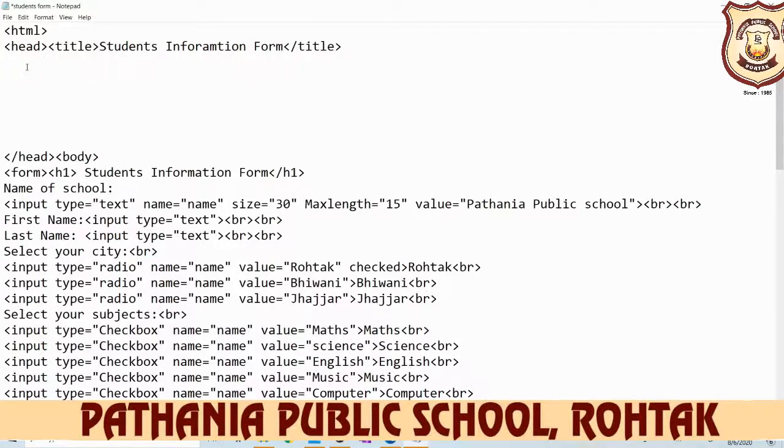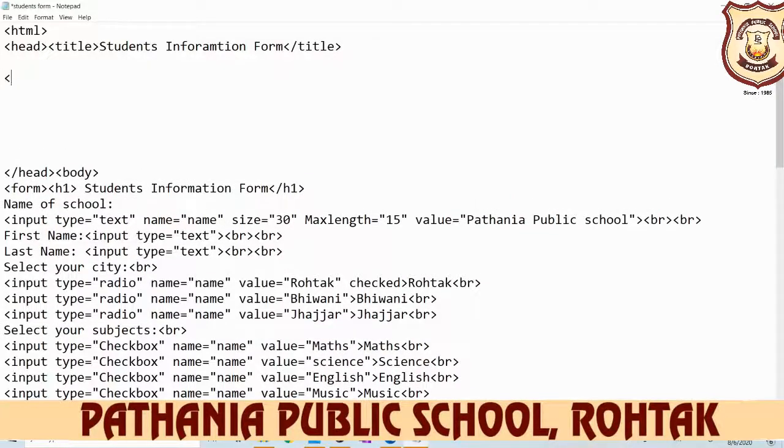First write the HTML head and title close, and between the head tags you write the link of this CSS file. If you don't do the link, then implementation of this CSS is not possible. So you do the link between the CSS file and the HTML file.